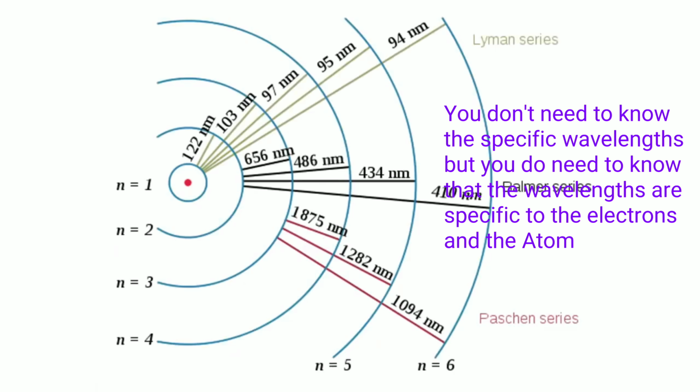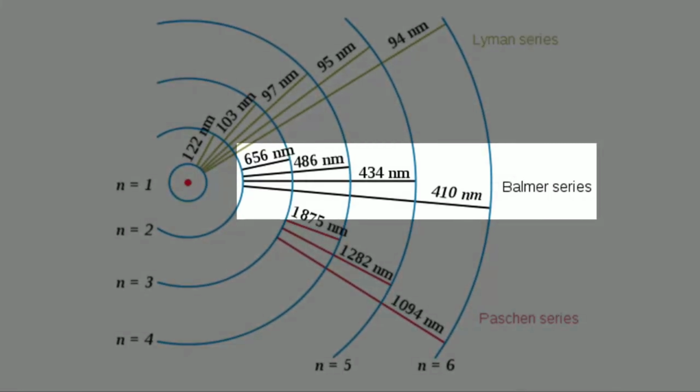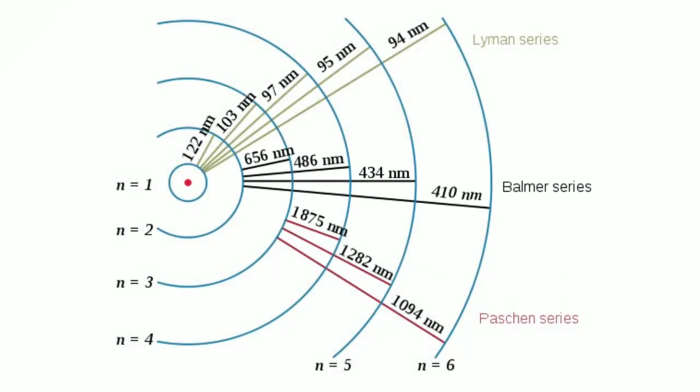There are several more transitions that occur within the atom, but only the ones that we just discussed emit wavelengths of visible light. All other transitions emit light with wavelengths that lie outside of the 400 to 700 nanometer range of the visible spectrum. Nevertheless, only certain specific amounts of energy are emitted as an electron relaxes to a lower